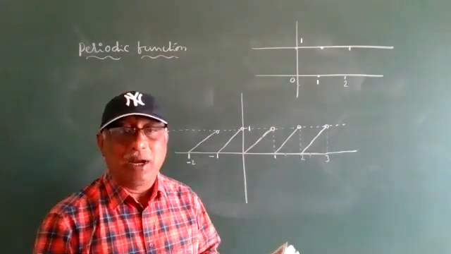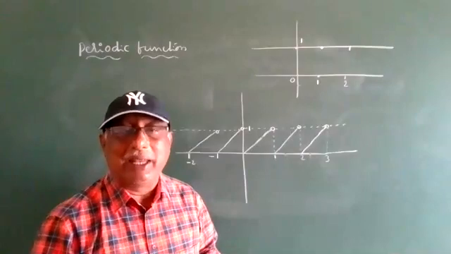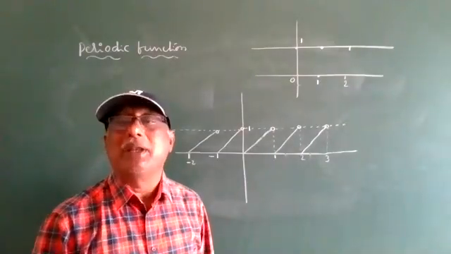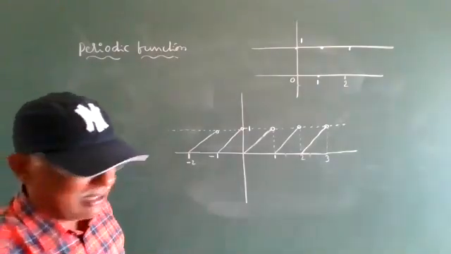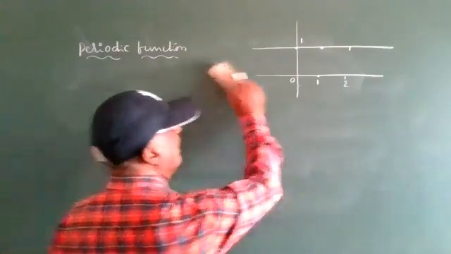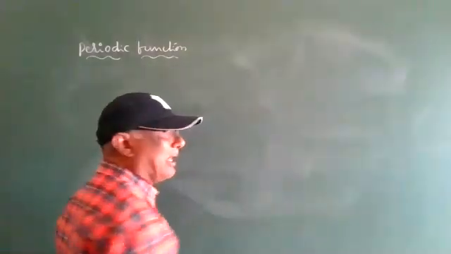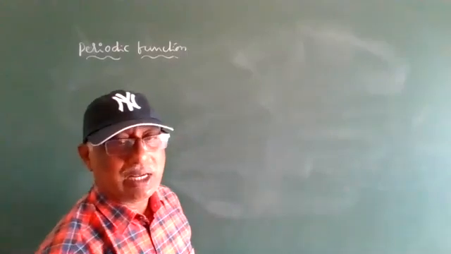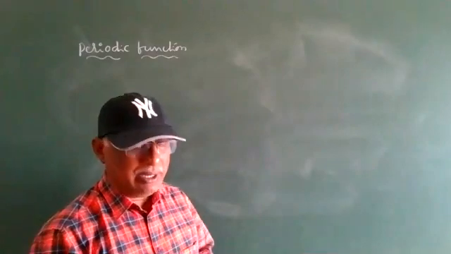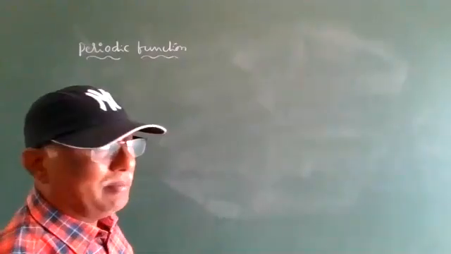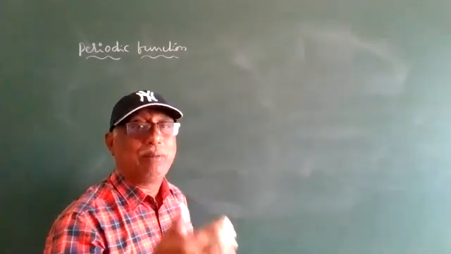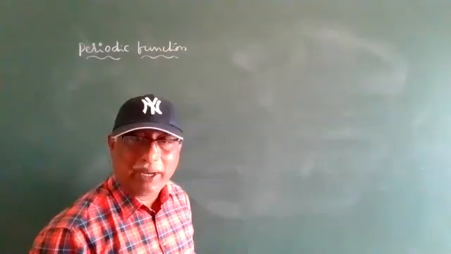Okay? So periodic function means that again and again its values are repeated. That function is called a periodic function. Clear everyone? So trigonometric functions are periodic functions. Constant function is a periodic function. Any other function whose values are repeated is called a periodic function. But what is the definition? Where the same values are repeated.